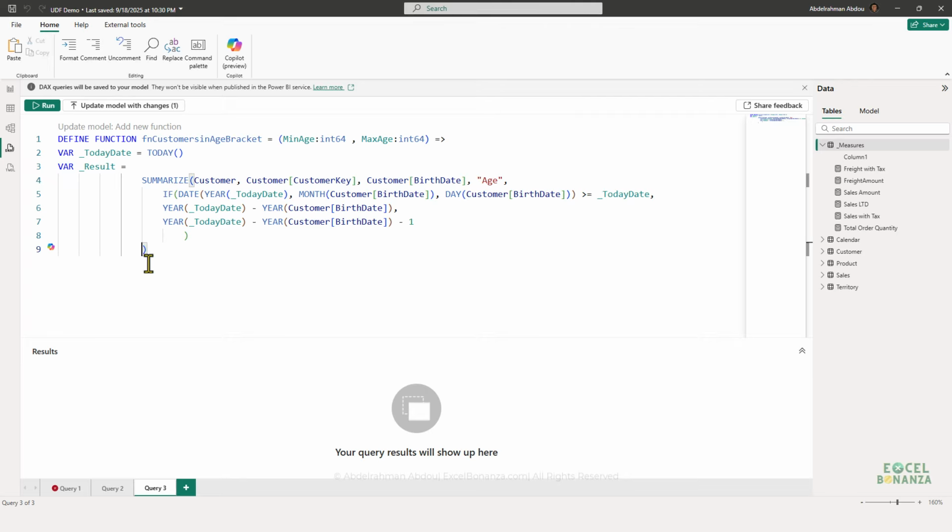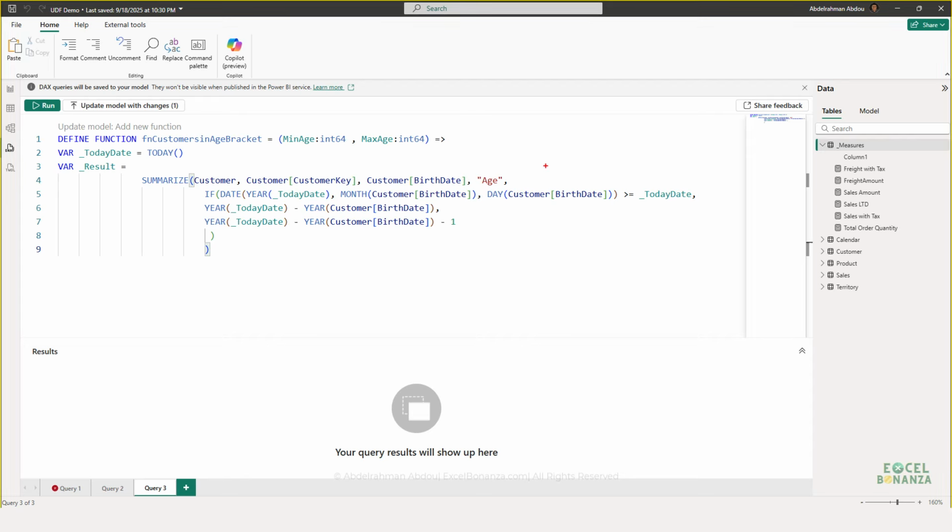All right, and let's just work on the indentation here a bit. Let's make that more indented so it's more readable. We can always format it later. So this is going to be a table that has the customer key and the birth date and